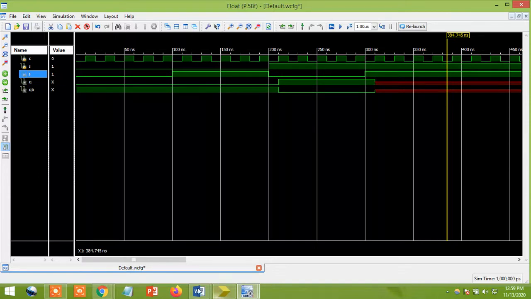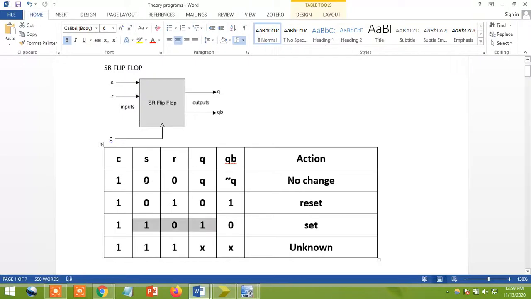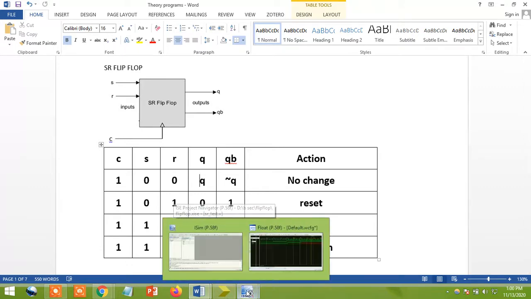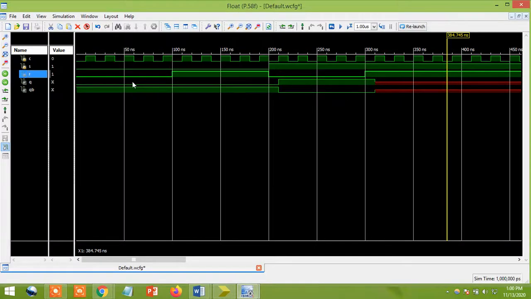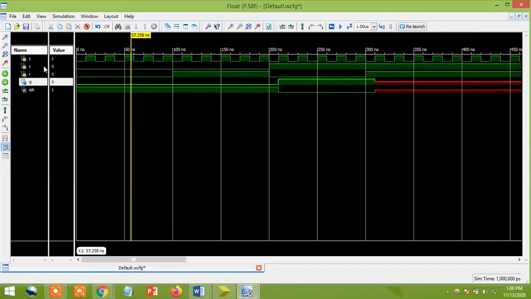What is my first condition? The first condition values are 0, 0, and I'm going to assume the initial value of my Q is 0. Then I want to get 0 only, right, as my output. Let's see whether it is coming or not. Clock is 1. You can see that only the rising edge of the clock I'm considering. S value is 0, R value is 0. You can see that Q value is 0 and QB, exactly the complemented value, I'm getting here. So if both values are 0, 0, I'm getting 0 only. The previous value I've taken as 0. Not an issue. Next, I'll go for the second condition.